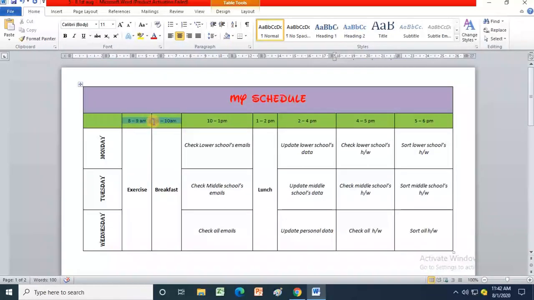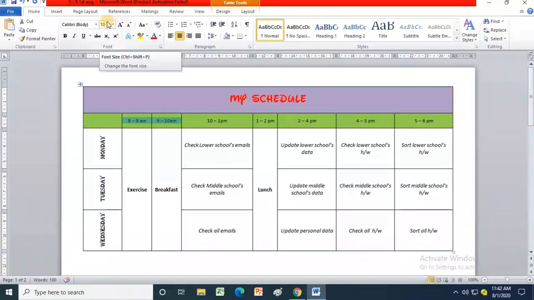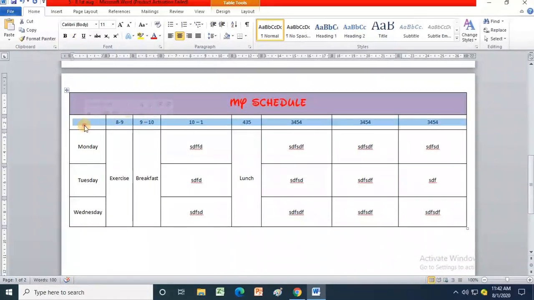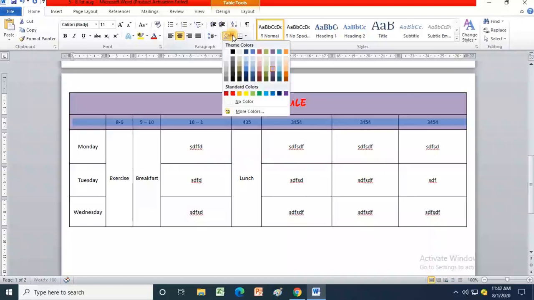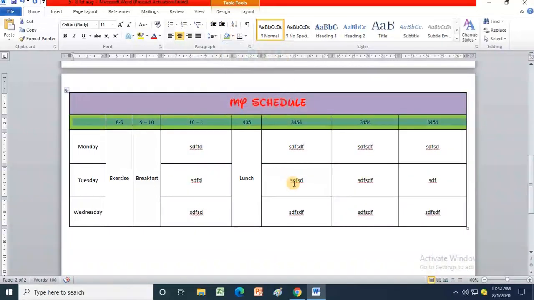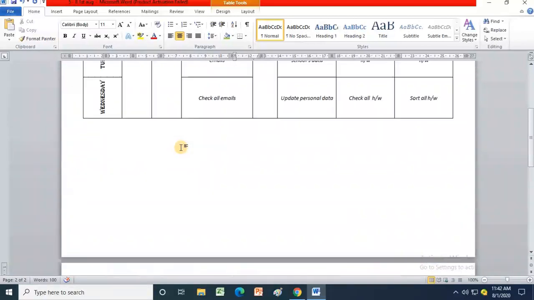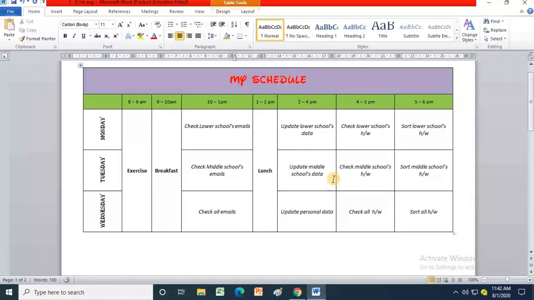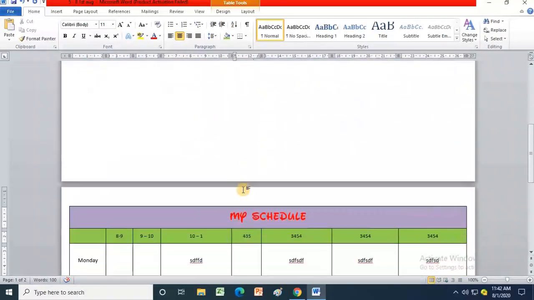For the second one, I think they've used size 10, and I think the font is default Calibri only, and it has a green background. So green fill color, I'll go here. The green fill color, and the size has to be 10. This way you try to match your work with this one. Okay, and then